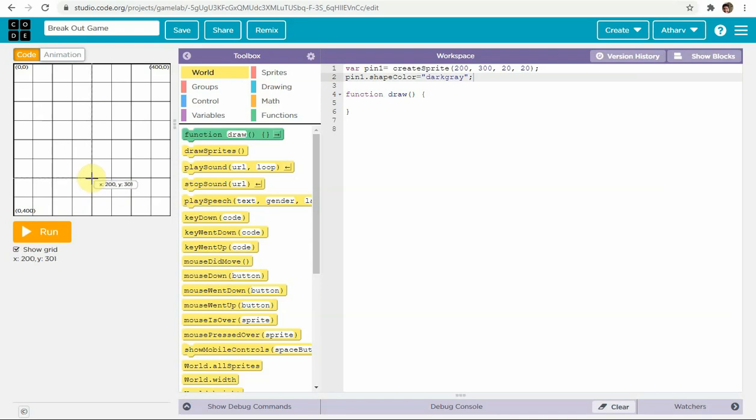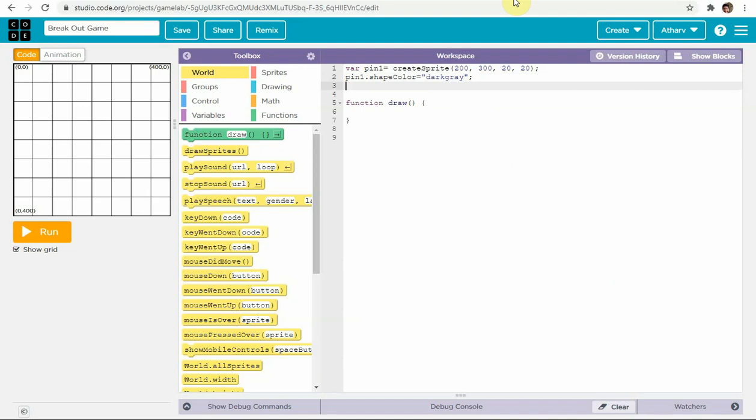Exactly near this one, as you can see in the middle of these four squares. Yeah, exactly here. Exactly here will be our first pin, and it will be 20 and 20 in size.